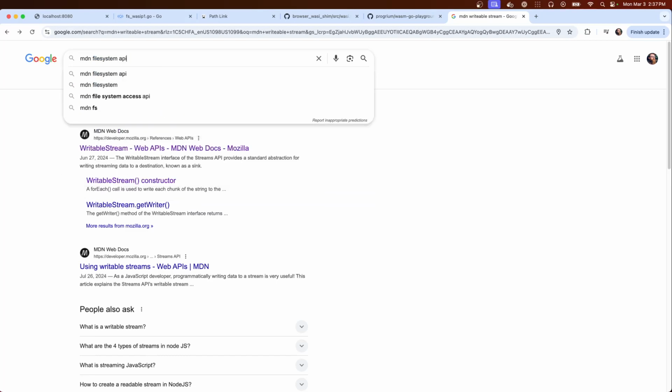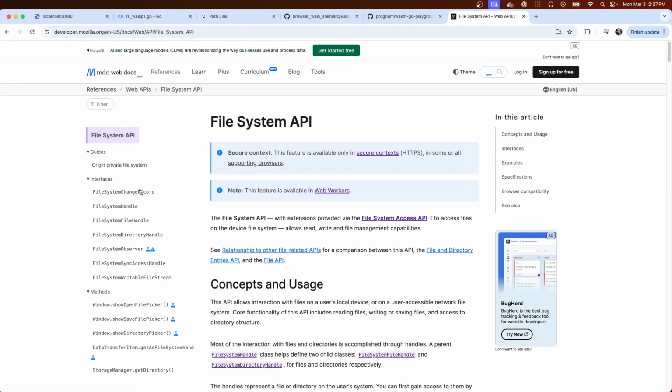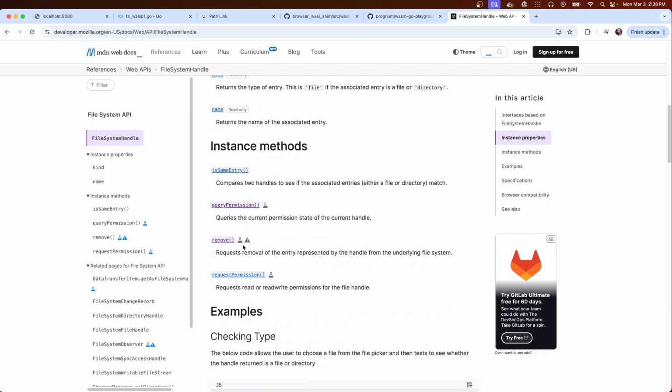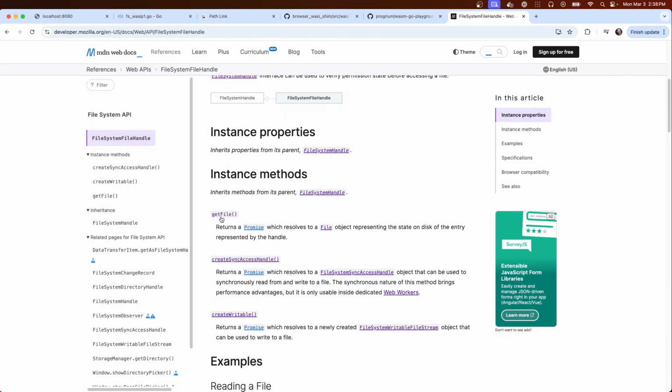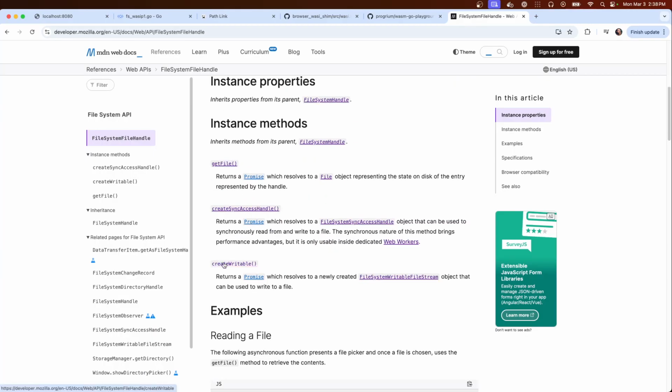File system file handle, create a writable stream.